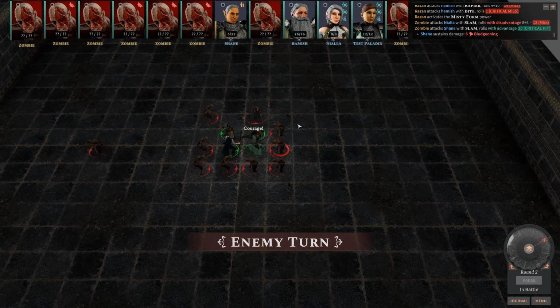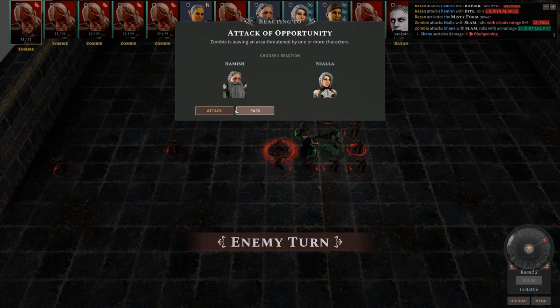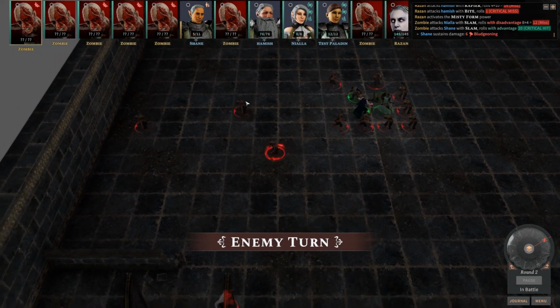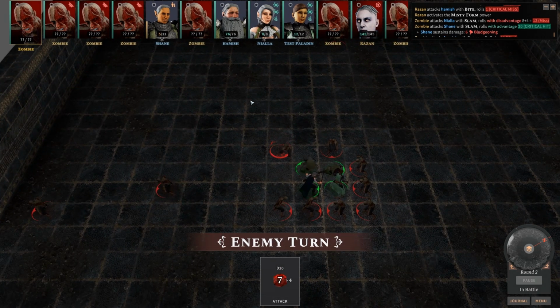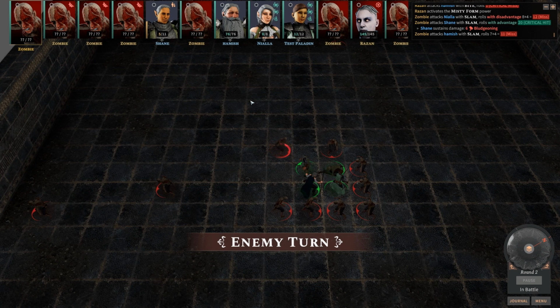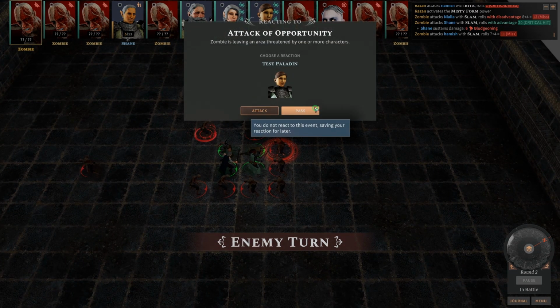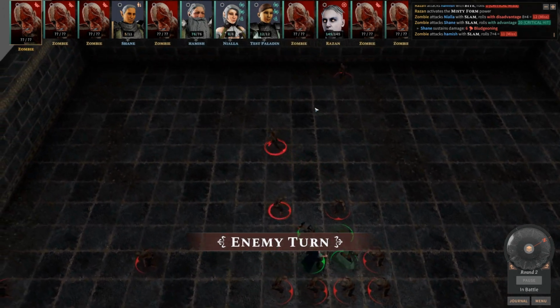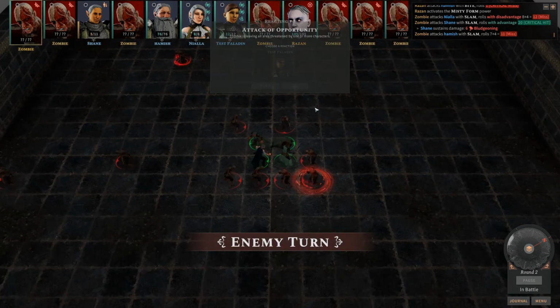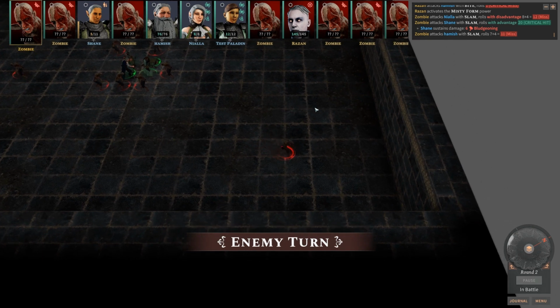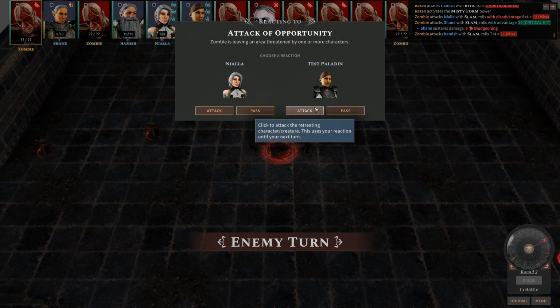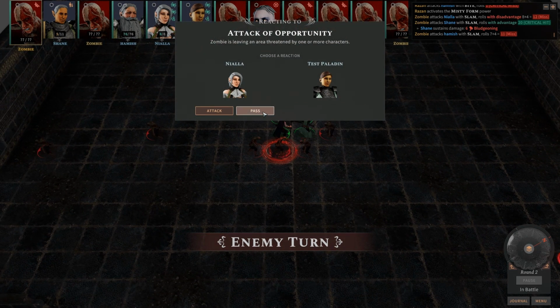Courage! That is clearly when we want to attack. I'm going to pass on this, let that one go. This is why you don't always want to take your attack opportunities. And you can start to see our numbers and our chances are starting to look a lot better as these